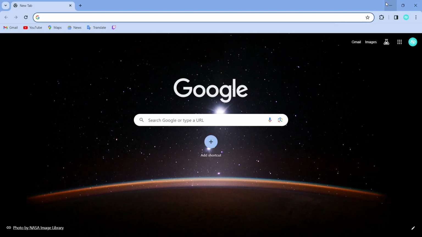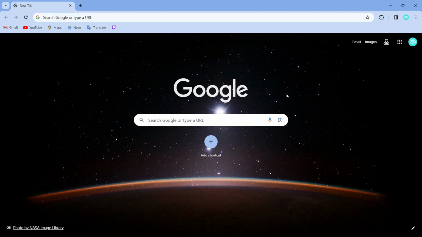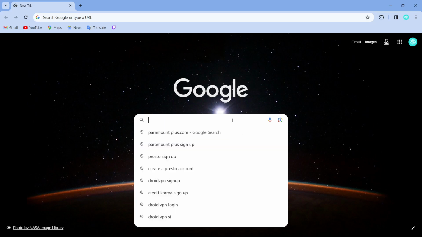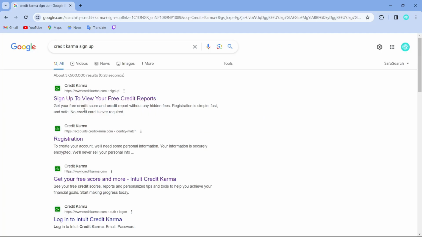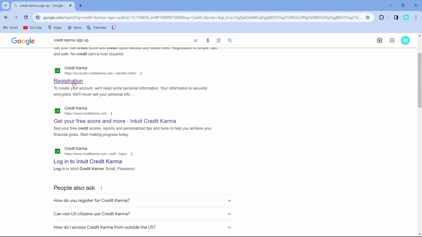account. So if you want to create a Credit Karma account, first of all you have to open up a browser, any browser you like, and after opening up a browser, search for Credit Karma sign up. After searching for Credit Karma sign up, you can find register over here. Just tap on that link,